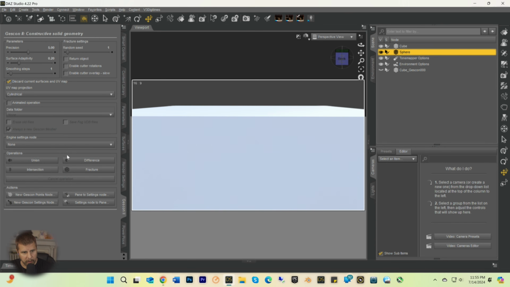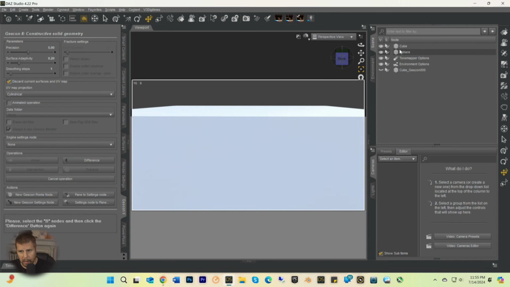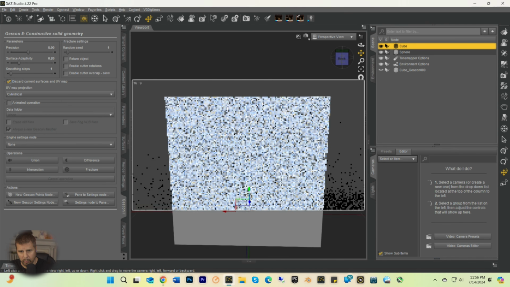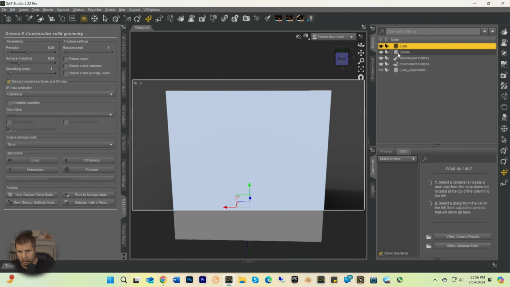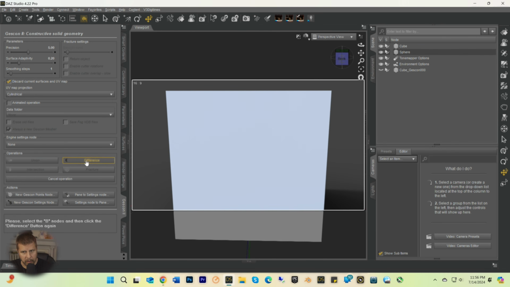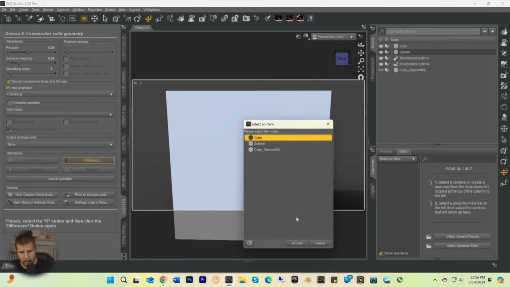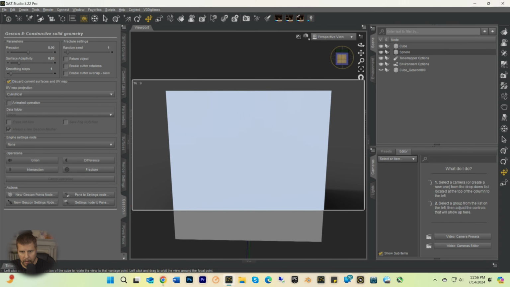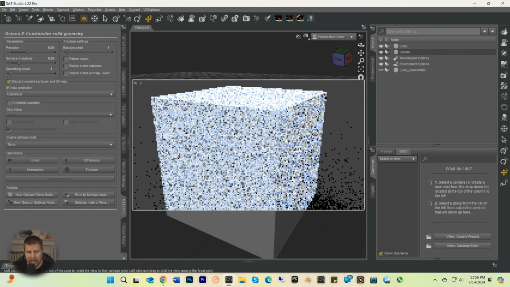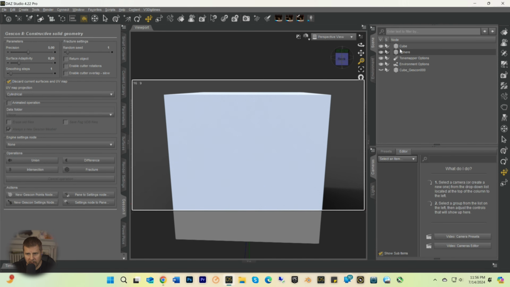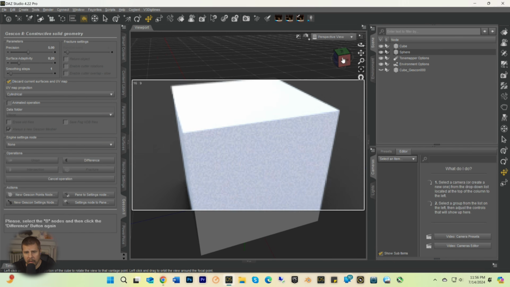And now let's see how this works. Difference. Okay, and then we go with cube. Difference. Okay, that didn't work. Like I had the wrong thing selected. So let's try this again. Difference. Okay, there's our sphere. Cube. All right, that didn't work. It's almost like it's changing these objects when it does this stuff. Okay, difference. Okay, why isn't the sphere